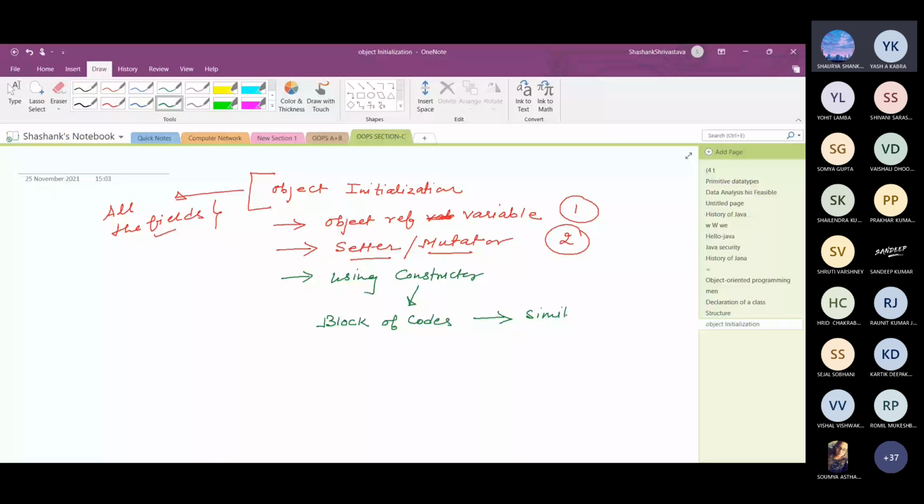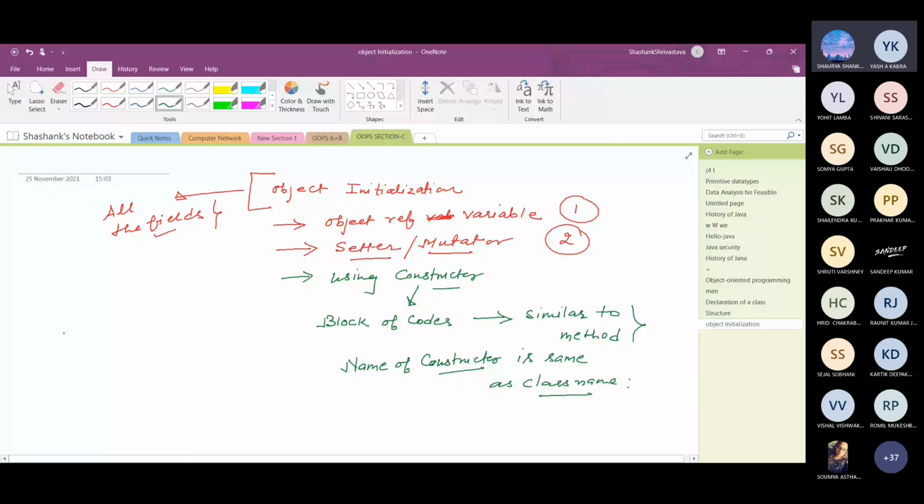Just like a method, it is a block of code, but the name of the constructor is the same as the class name. So a constructor is used to initialize an object.